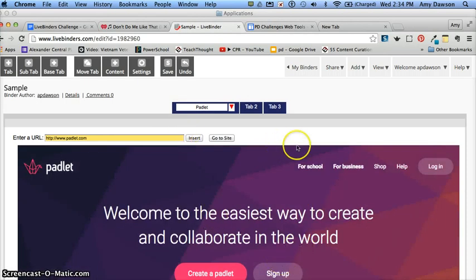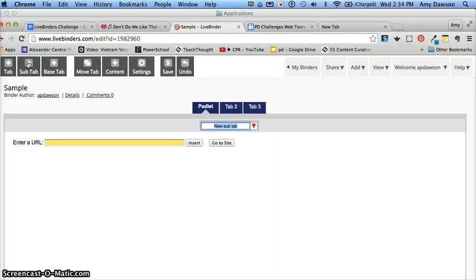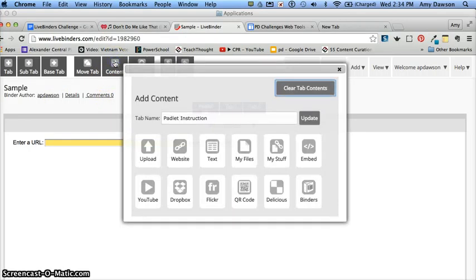There it is. Now, if I wanted to go to the full site, I could just click here. So what I can do at this point is add a subtab, and just go here, and call this Padlet Instructions. And I have the option here to go ahead and add some content, to organize, and you notice what my